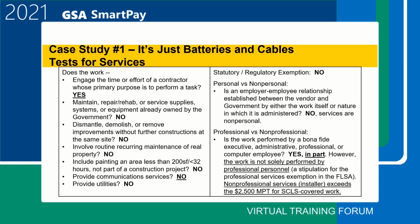We have non-personal services. Is the work considered professional or non-professional? Well, we have one labor category that is an application system analyst and programmer, which falls under the classification of professional services as a computer employee and exceeds the hourly threshold of $27.63 an hour. The quoted rate here is $110.10 an hour. However, we can't forget that we also have the other category that's a communications installer, and that is